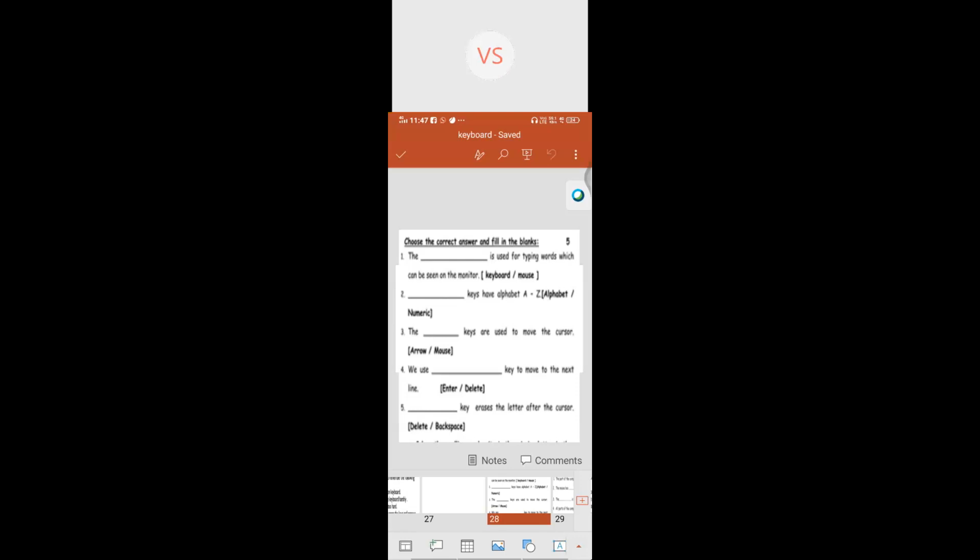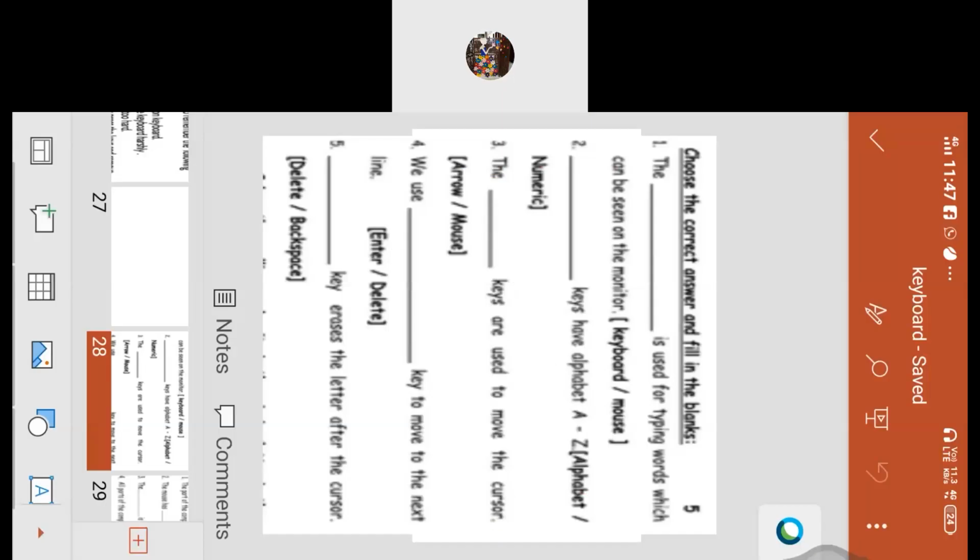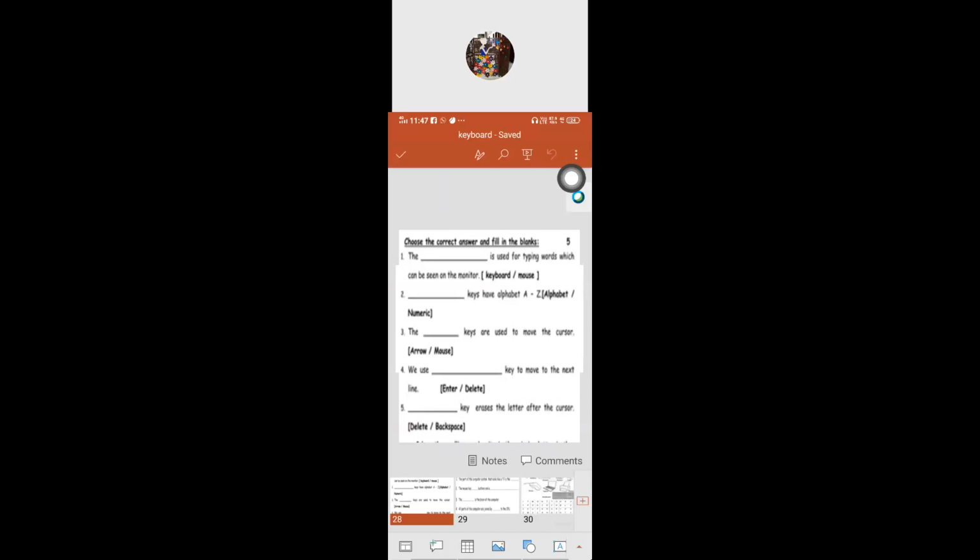Got it? Okay, can you give the name of the keyboard which we are nowadays using? What is the name of the keyboard? Who has invented it? Do you have any idea? QWERTY. Okay, very good. Very good, Sri. Thank you, ma'am. Okay, the next one.